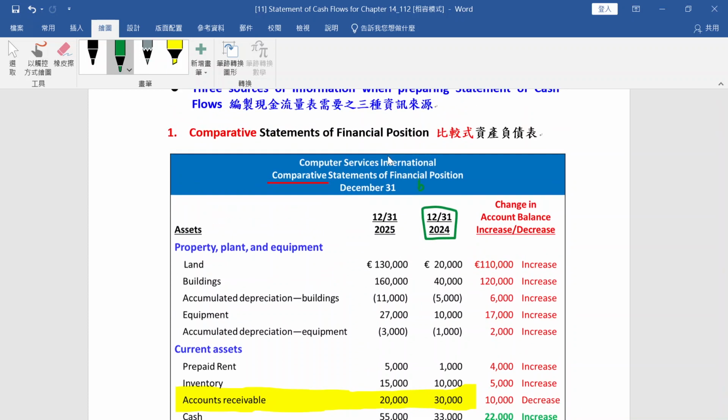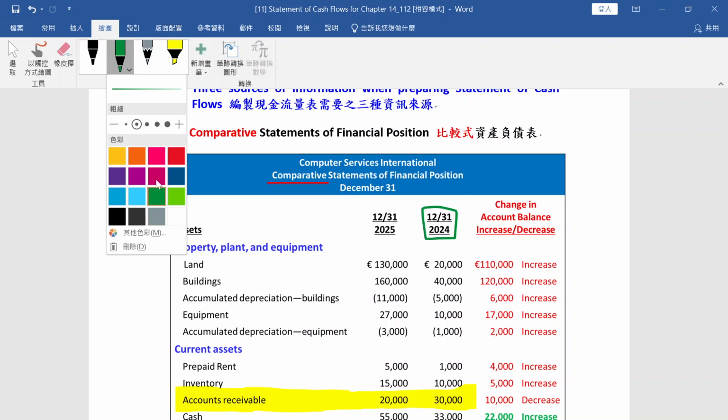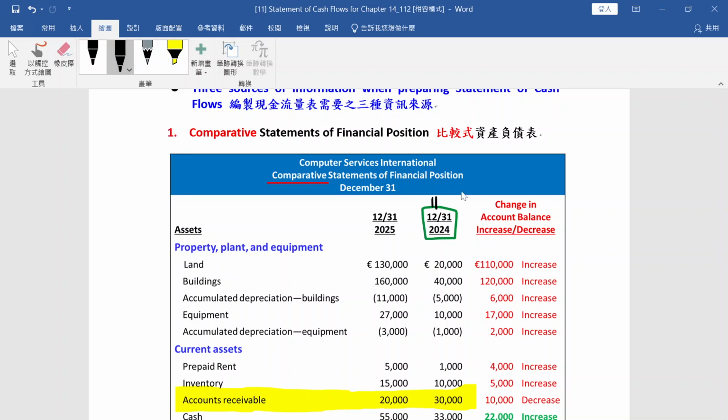So this is the beginning balance. Beginning balance for 2025. 起初余额